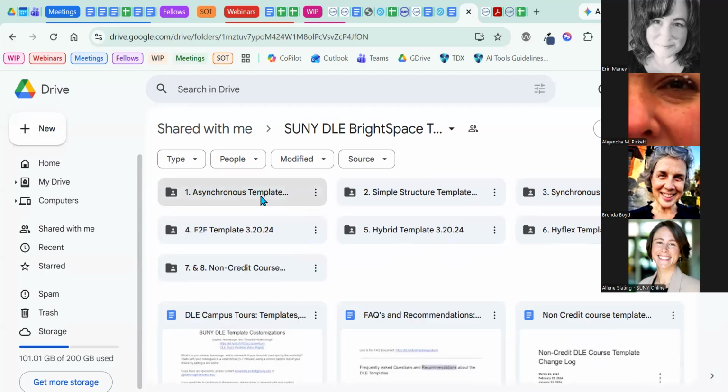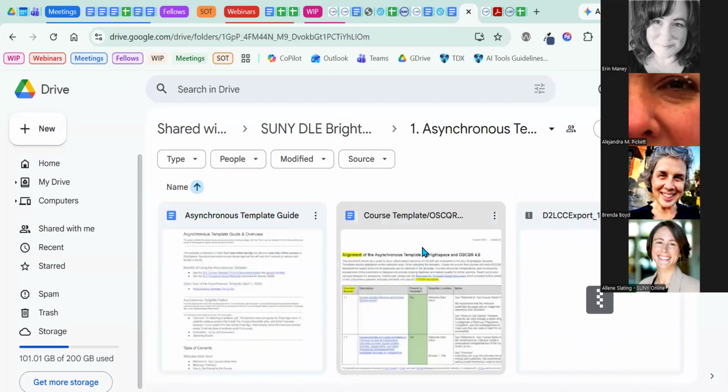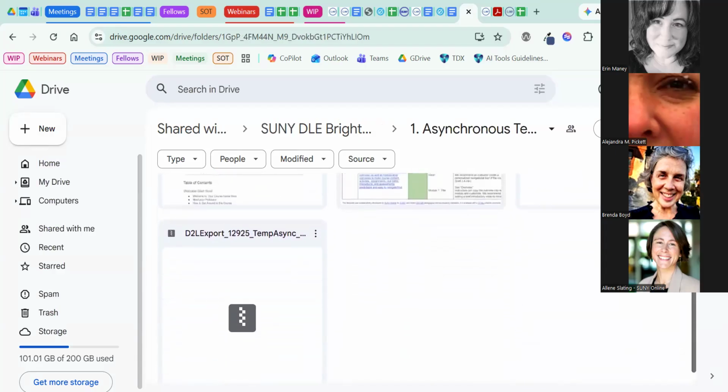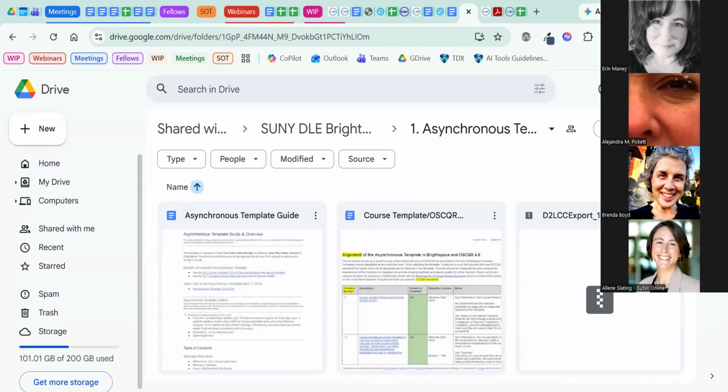They're openly licensed and freely available, and you can adapt them to your institutional or programmatic context. They're all OSCQR aligned, and so you can take it and do whatever you would like with it.